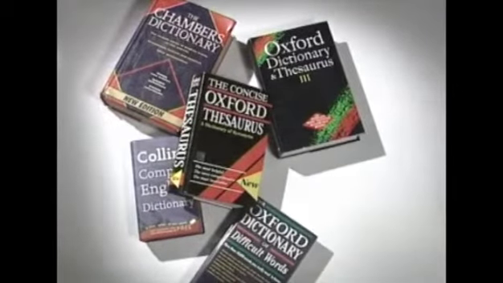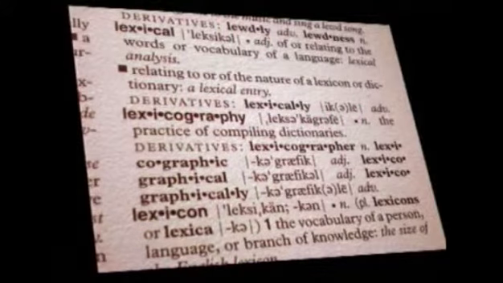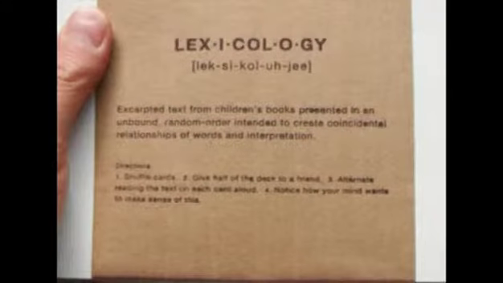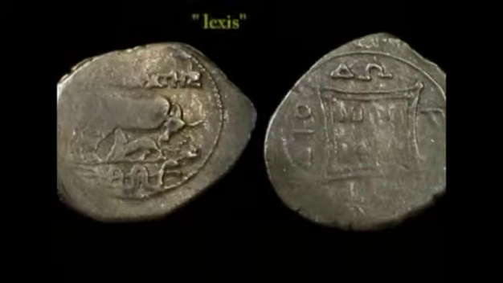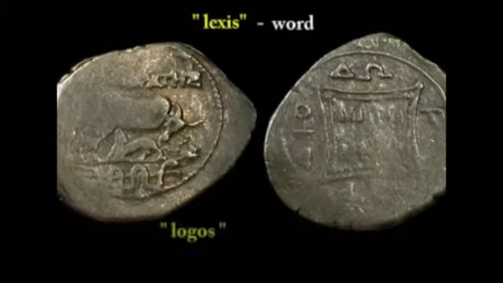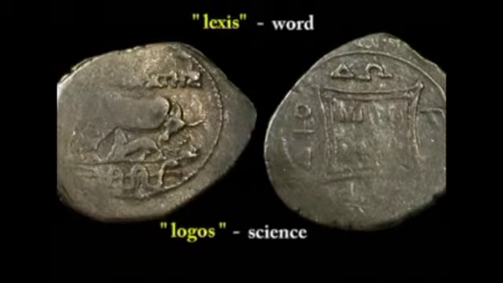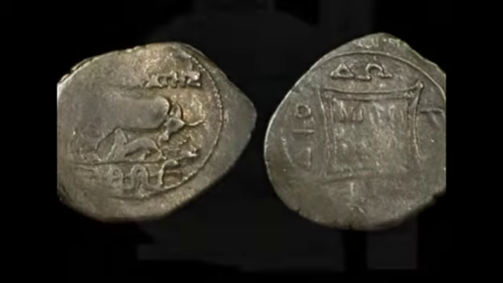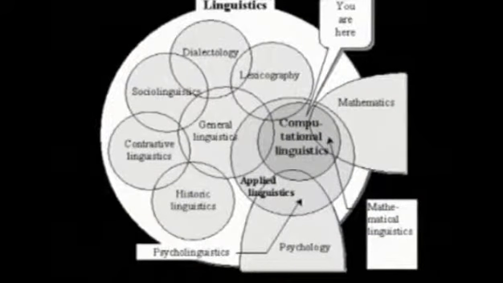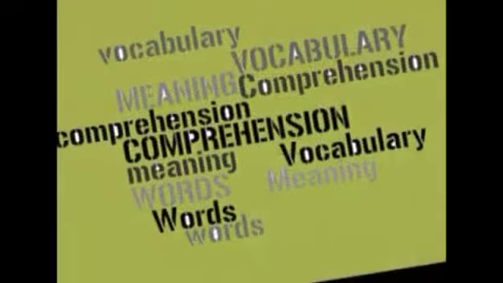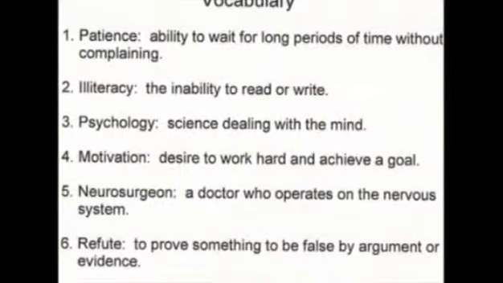Lexicology is concerned with the lexicon of a language and a description and delimitation of each individual meaning. The term lexicology is of Greek origin, from lexis or word and logos or science. It is a part of linguistics which deals with a vocabulary of the language and characteristic feature of words and word groups.